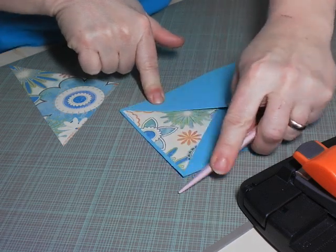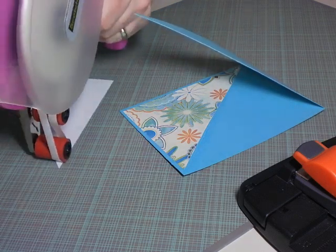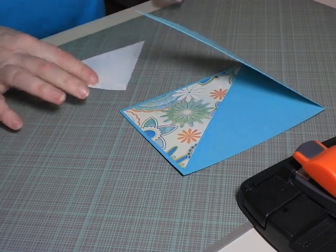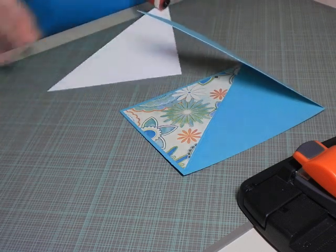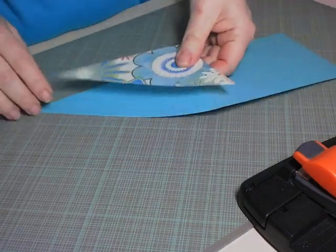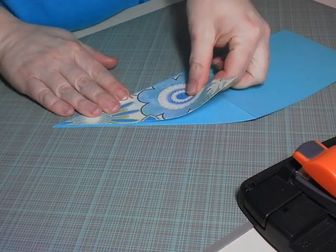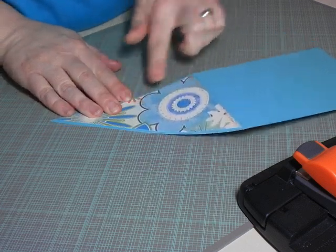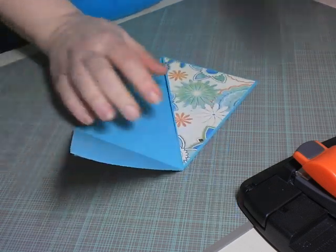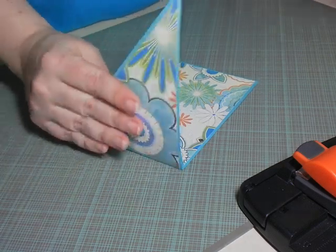And this needs to be a little crisper. There we go. And same thing with the other side. We do triangles, ATG along the edge, down on the triangle, where it fits, take out the excess ATG, and just a strip of ATG along there, and you fold the